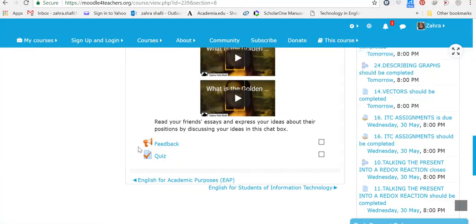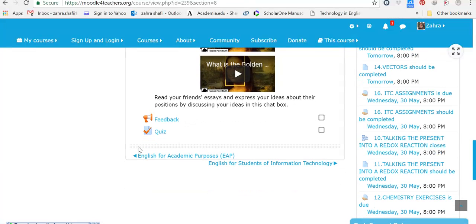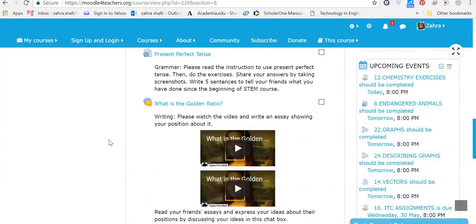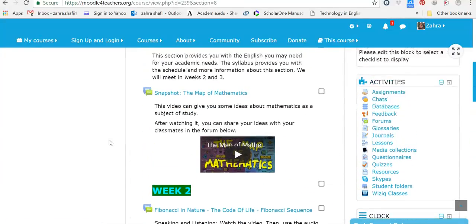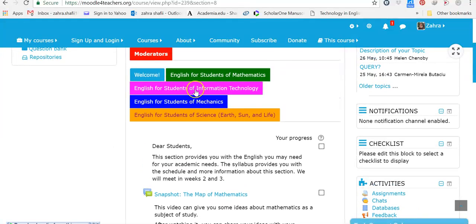The writing has got some purposes. They can develop their writing skills, and also they can write some discussion, choose this part as a kind of discussion session. Then there's a part so that students can provide feedback for the class. I can ask them for feedback, and also a quiz is given at the end of 2 sessions. Again, you can see the same structure but with different topics and materials for other tabs.